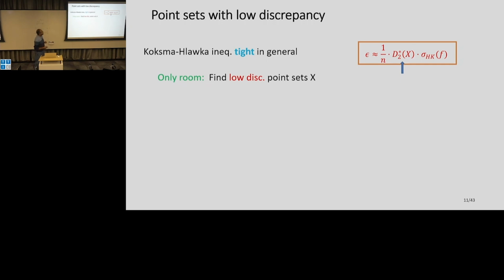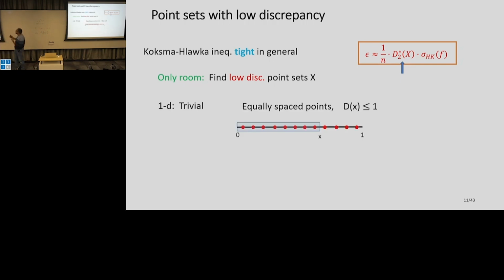Okay. So this Koksma-Hlawka inequality is actually tight in general. If you give me any placement of points capital X, I can concoct a function where you can't improve this. So this suggests maybe the only game I can play is coming up with good placements of points X. And this is what's been going on in this field. For one dimension, actually this problem is trivial. What are you going to do? There are not many other candidates for uniform placement other than placing them regularly at uniformly spaced intervals.